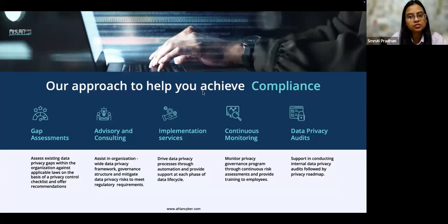At the same time, once this gap assessment is completed, we move towards advisory and consulting where we build the whole framework, policies, and procedures that are expected from a law perspective, and we start operationalizing that. Now, today as an organization, we have a dedicated technical team who support you in implementing tool solutions. Today, a lot of privacy tools are available in the market, and our team has the right expertise to implement them. And this is where we make sure that the processes that are built as part of the framework are automated as well. Like I told you, continuous monitoring is a major focus, and we want to build something which is sustainable even in the as-is state.